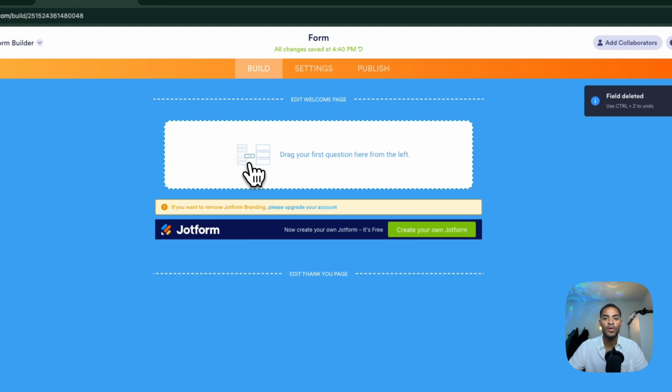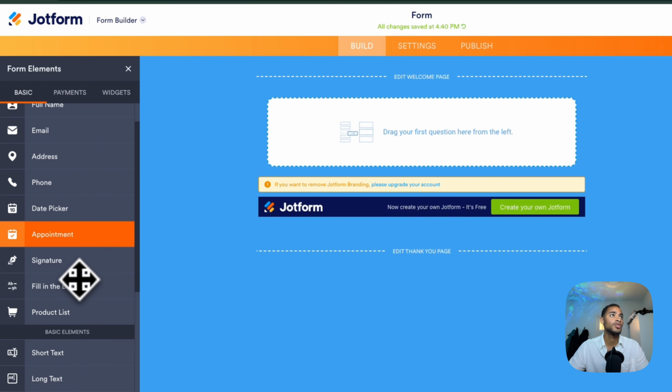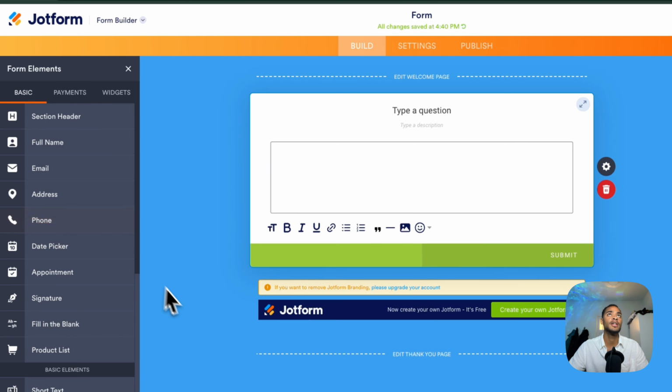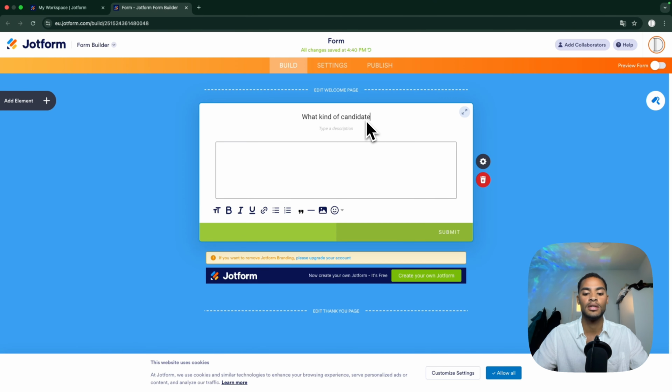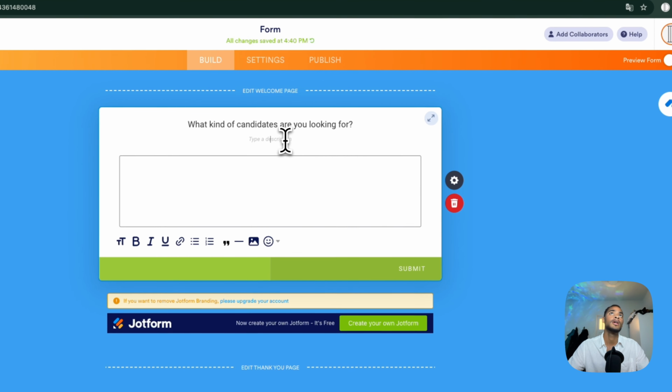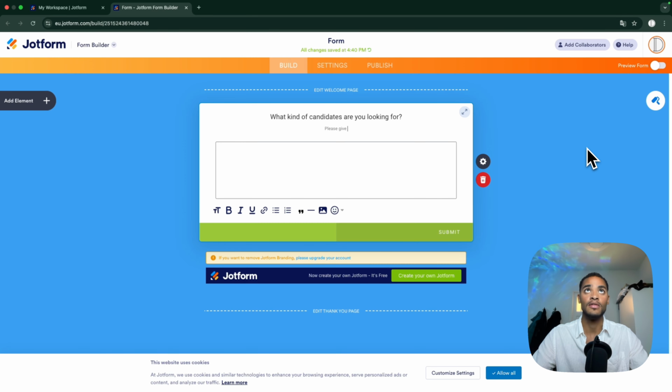Alright, so once you're in the form creator, you're gonna go to add element. You're gonna scroll down and you see long text right here. Here is gonna be the question, so it will be what kind of candidates are you looking for? And then I would say right here, just please give a clear explanation in plain English of what your